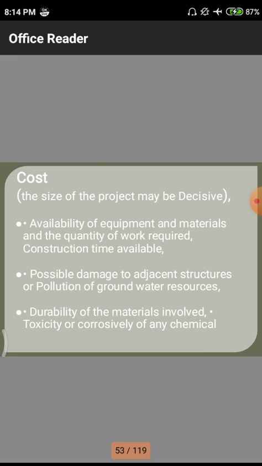Next is the construction time available. If the construction time is very short, say a particular project has 6 months of duration and we have a smaller quantity of equipment, we will face some sort of problems. If the project time is 1 to 2 years and we have a huge amount of material, that also comes under one sort of problem. Likewise, we have to face different problems in different site conditions and site parameters.